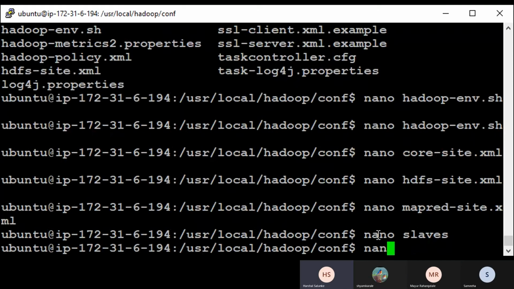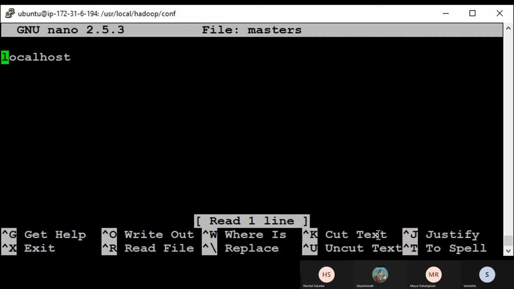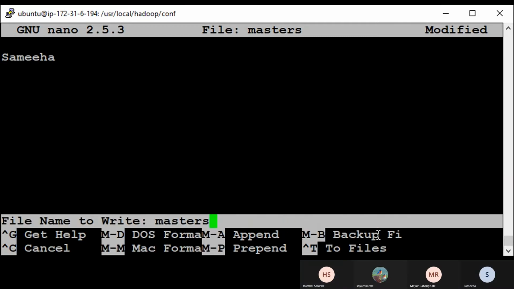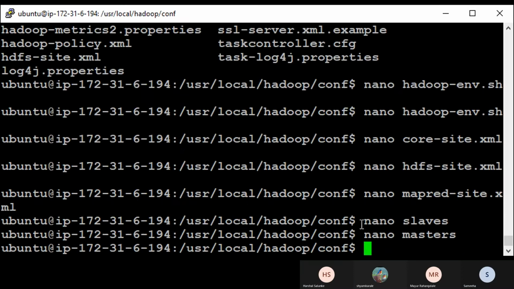You did configure /etc/hosts, right? No, now we are doing that only. If we don't change the name, we do not require these steps, right? Right, if it is localhost, we do not require this.